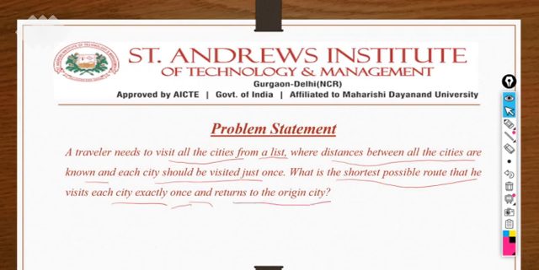So this is the problem statement for the traveling salesman problem, in which a traveler has to visit all the cities that are in the list exactly once, and again at last he has to come back to the original city. So there is a need to find the shortest possible route to cover all the cities exactly once. So in order to provide the solution to this problem,